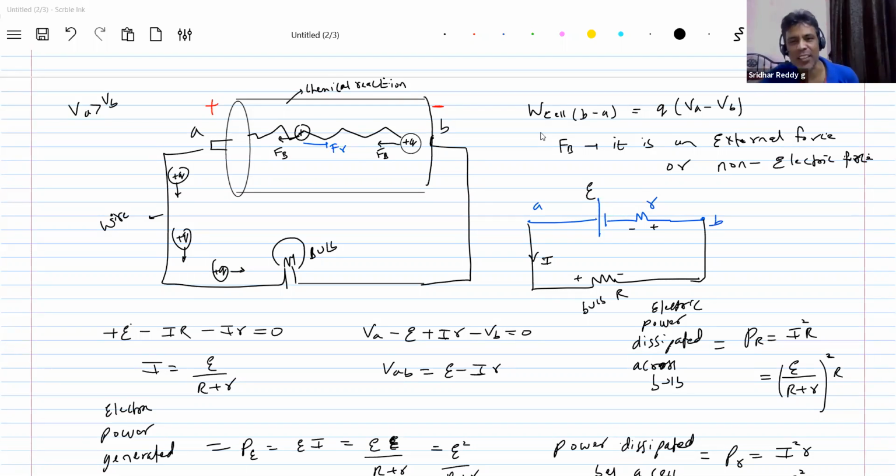Maybe most of the Chinese mobiles, they offer for low price, but where do they compromise? They compromise on this. So what type of material they should use? They should use very high quality material. It will offer less resistance to the flow of charge. Definitely cost will increase. So this should be as low as possible. A good cell, it should be that.